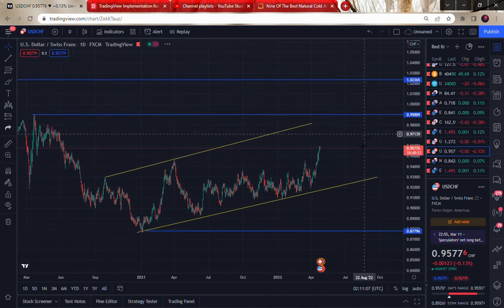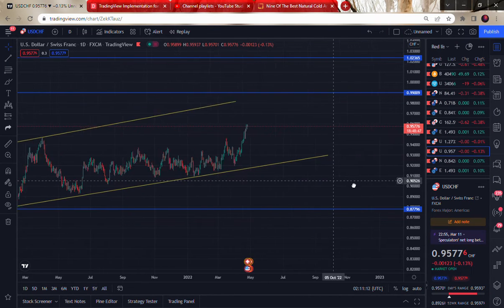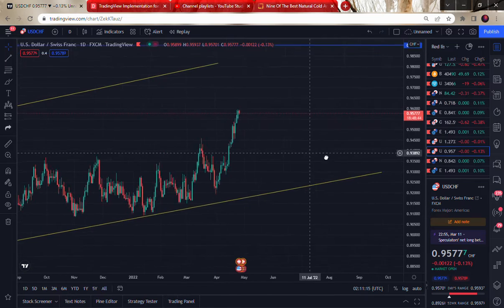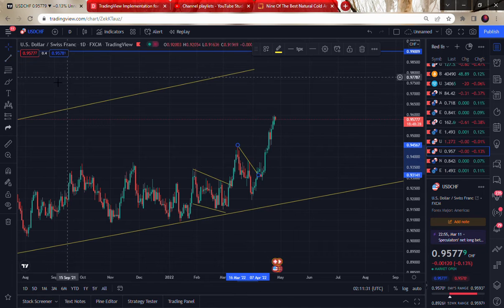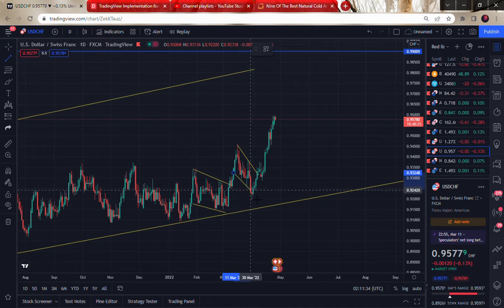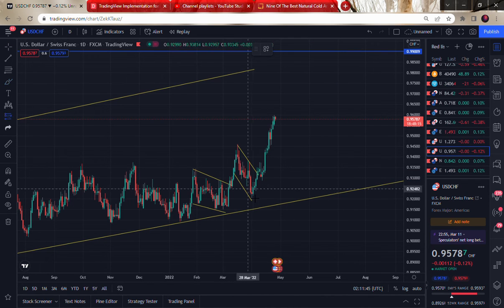So here we are on the daily. Here on the daily, we want to understand what's happening right here. Let me just zoom in a bit. What we can see, starting from where this impulse started, is we have this impulse, we have this correction, we have this impulse, we have this correction, and then we have this impulse, right? So from this bigger impulse, we're expecting a correction which is more or less similar